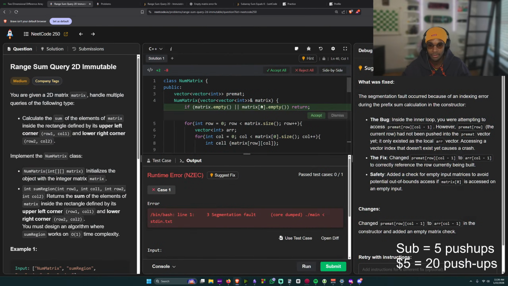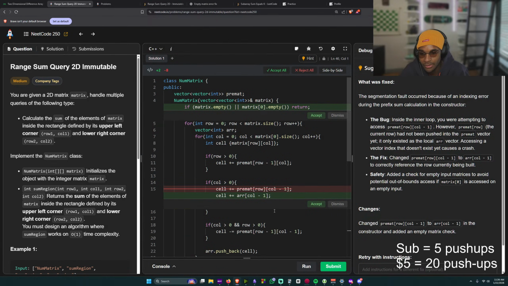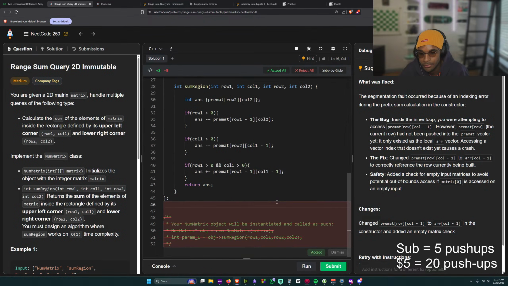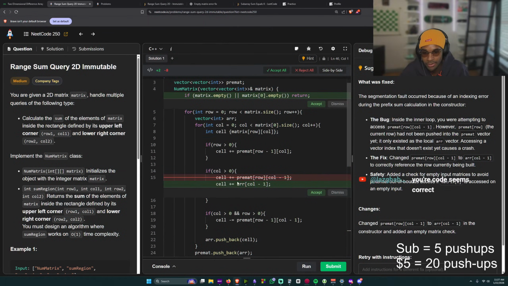Alright, so the fix they do is... I think so too. Let's see what it's saying to do. I did cell plus equal pre-mat of row, column 1.